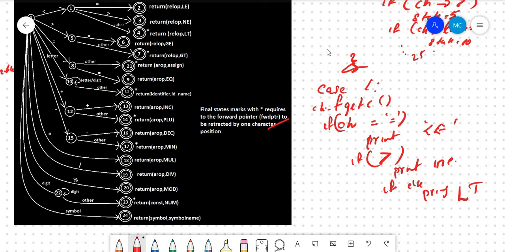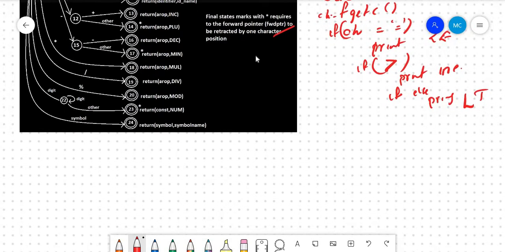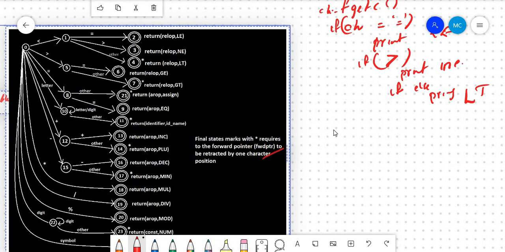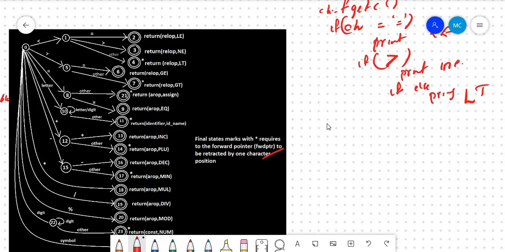For state 1 you will write like this, state 5 like this, state 8 like this. Then what about state 10? State 10 is actually for identifying your variable names. Once you get a letter, this letter has to be stored in a buffer.